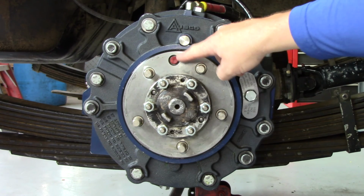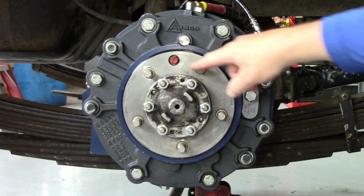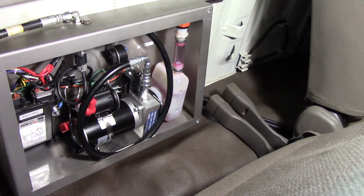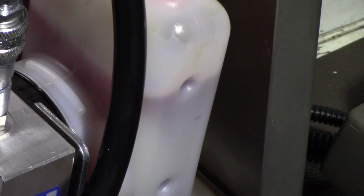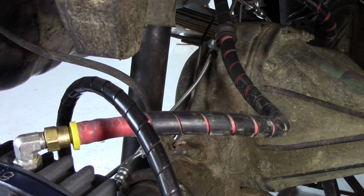Number 4, to re-grease the LC brake hub with non-EP grease. And number 5, to check the condition of the wheel bearings and repack them with fresh grease. Number 6, to check the fluid level of the premium pump pack reservoir and top off if needed. Number 7, to check the master cylinder fluid level. Number 8, to check all hoses, brake lines, SAR lines, and fittings for leaks or damage and repair them as